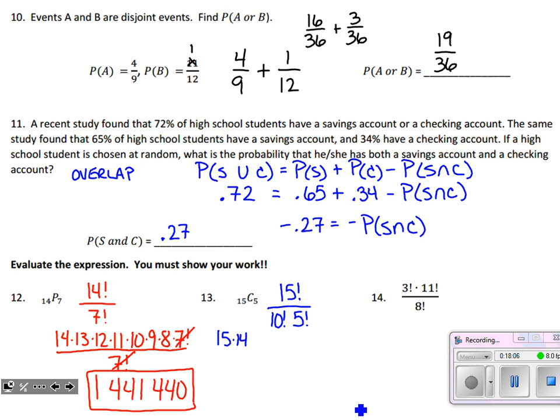15 times 14 times 13 times 12 times 11 times, then we finally match that 10 factorial. And in the denominator, I'm just going to switch the order here and expand out that 5 factorial, 5 times 4 times 3 times 2. I don't really need to write times 1 because that's not really doing anything there. And then we have our 10 factorial that we expanded out with the intent of canceling.